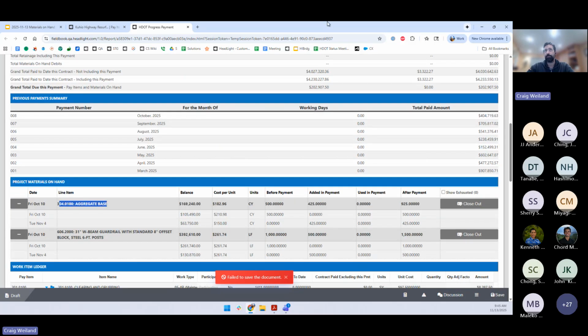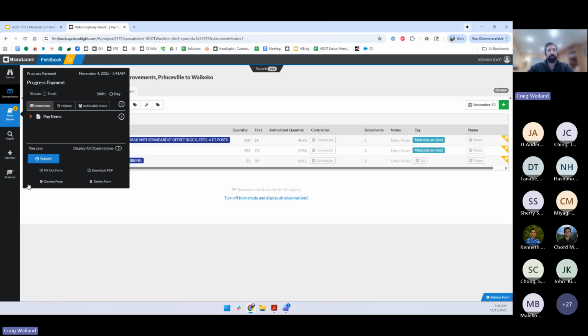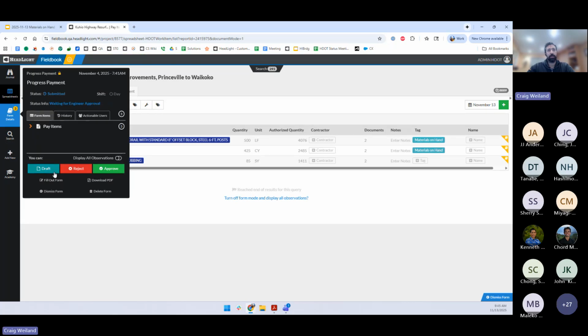So I'm going to save this and just approve it and then show you what we can do on a subsequent payment. I have this set up so that I can just approve it straight through without needing other people. So I can do that quickly. But you'll have to get the engineer, contractor, CE, and DE, of course. Okay, so this